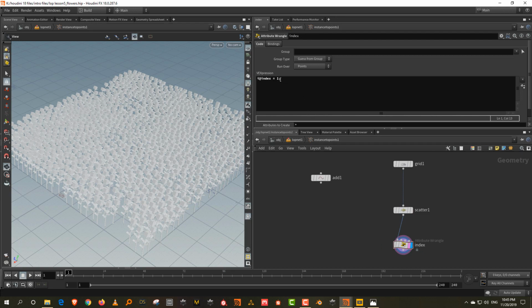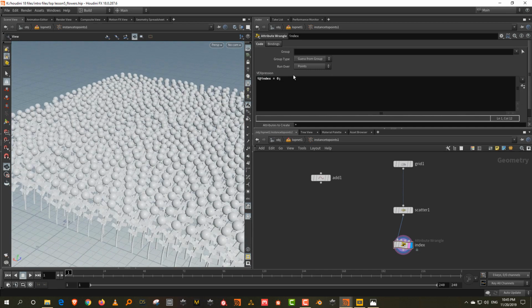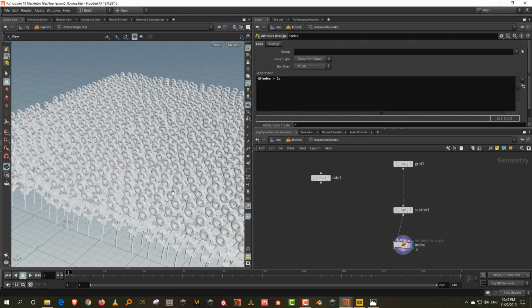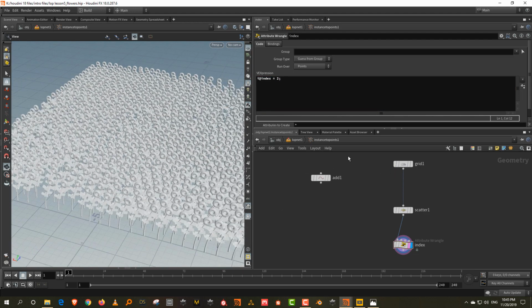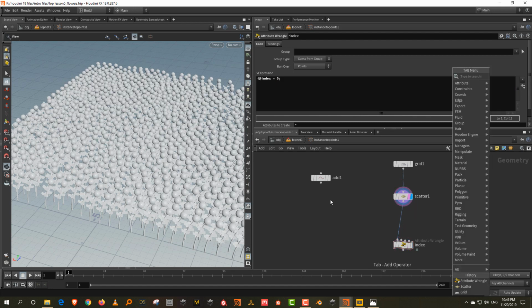If it is 0, you'll see the sphere. When it is 1, you'll see the cube. And when it is 2, you'll see the torus. But what I want is to use a noise map and scatter them that way, that would be nice. So let's keep this at 0, and let's come into the scatter, and we'll create an